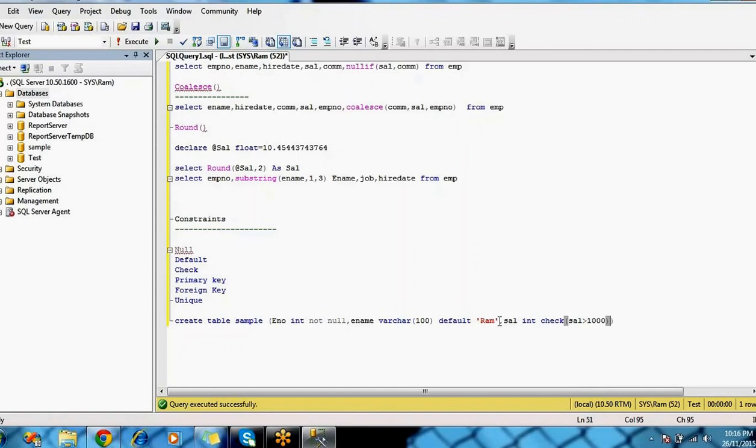If you try to insert a salary less than 1000, it is not allowing. So this kind of check it will do. You can make it equal also, or less than also. So different conditions. Whatever condition you put here, that condition will be checked.